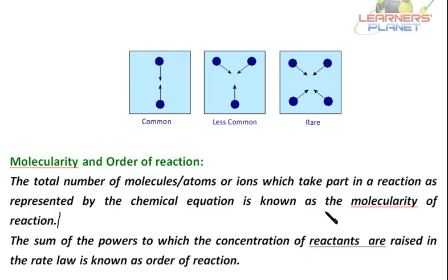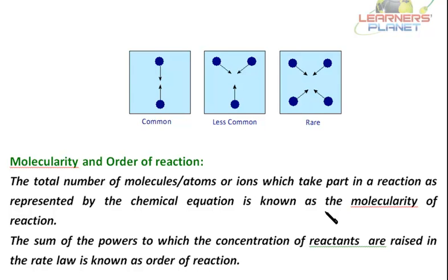Now molecularity can never be 0. It can never happen that there are no atoms and molecules of the reactants and the product is formed. So molecularity can never be 0, but order can be 0. Molecularity cannot be fractional, but order can be fractional. For a complex reaction, the molecularity is determined for the individual steps, whereas the order of the reaction is determined by the slow step. So these are some differences between the molecularity and the order of the reaction.